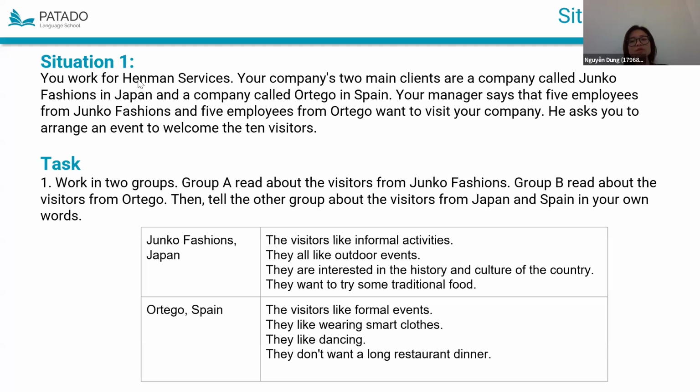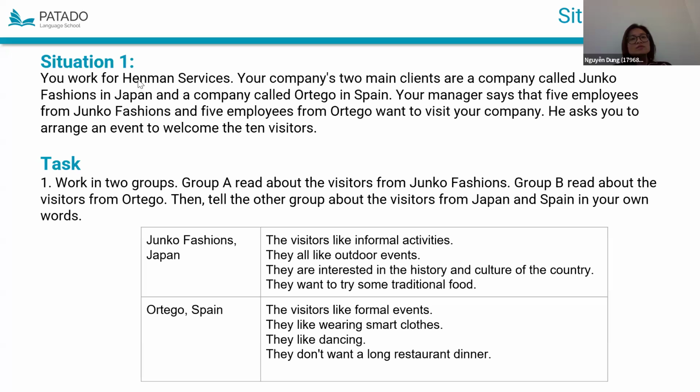For example, they can visit some museums and monuments so that they can understand our history and our culture in our own company, and especially our city.